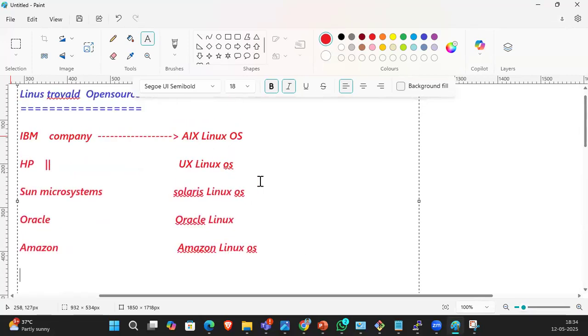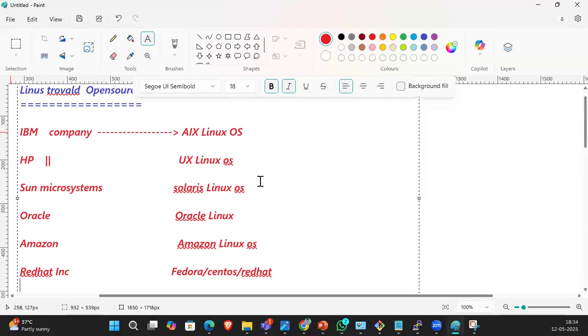The same way Red Hat Inc. took that source code and created their own OS called Fedora, CentOS, and Red Hat. These are the three OSs. So what is the flavor of the OS? Something like versions 2, 3, 4, 5, 6, 7, 8, 9. The present version is 9.